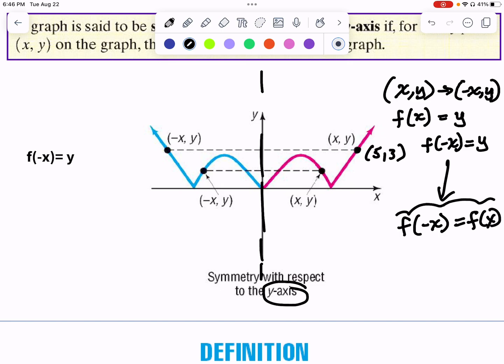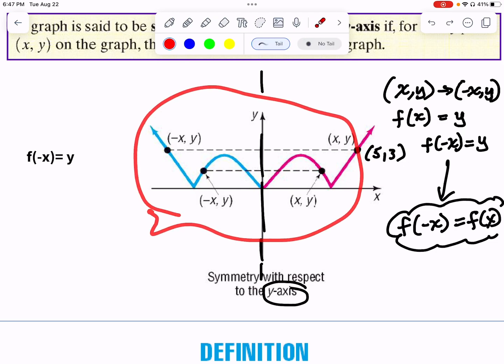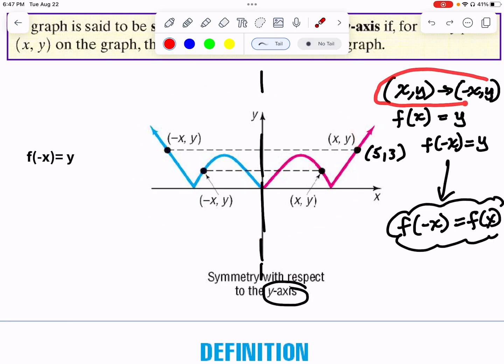So what you want to take away from this slide is the fact that this is the visual aspect of it. I like this tool. So this is the visual aspect of axis symmetry with respect to the y-axis. This is the algebraic representation of the same concept, and this right here is the function notation of this exact same